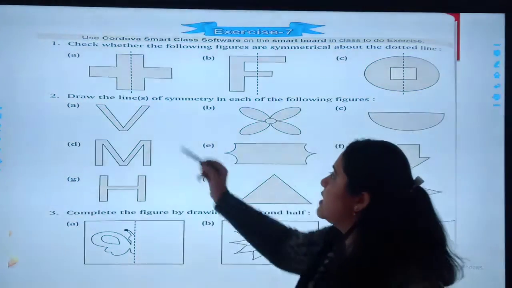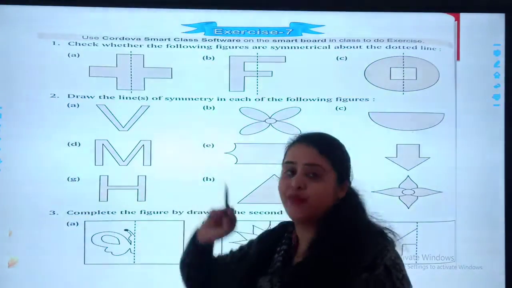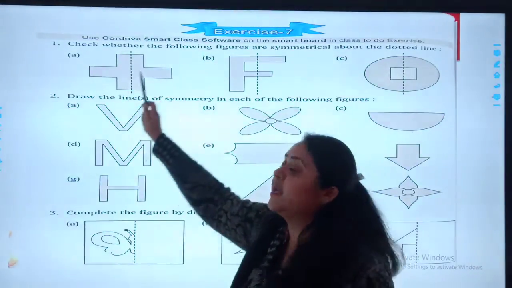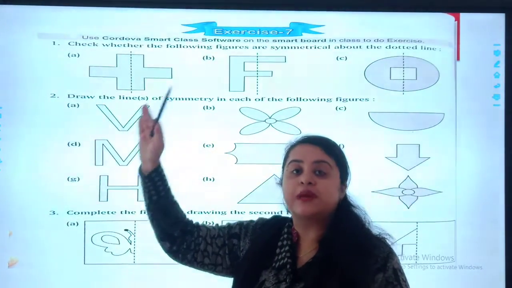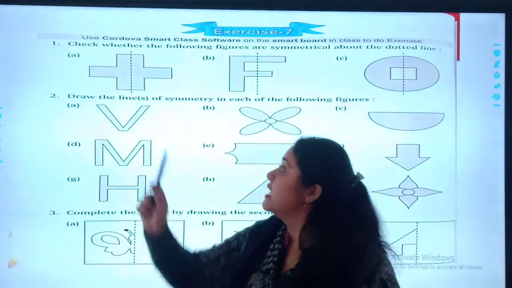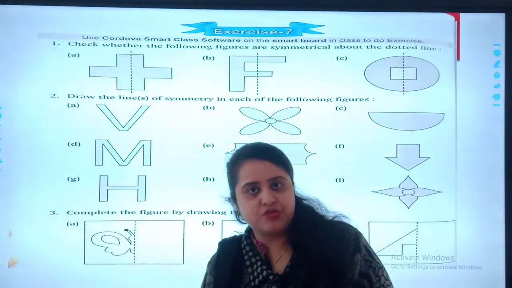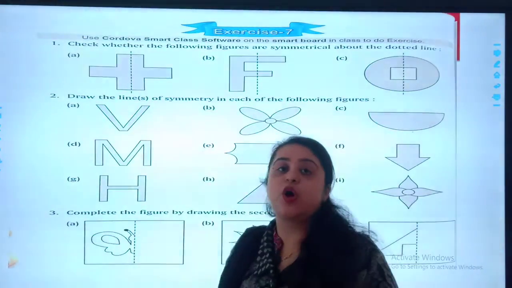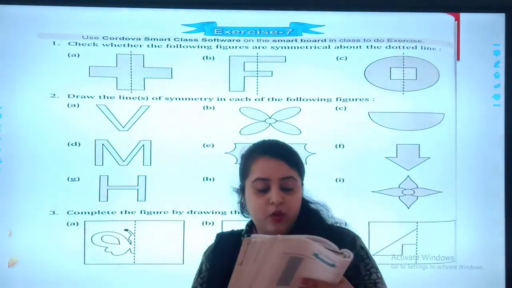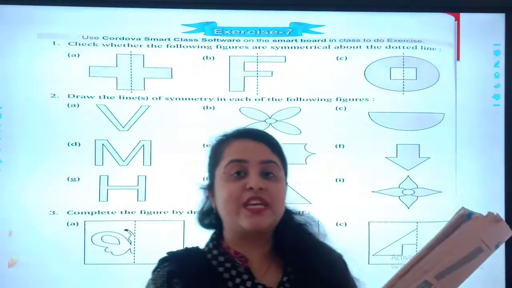Let's see this. See, this is the figure. When I divide this figure with the help of the line, this figure is equally divided. दोनों जगह जो इमेज होगी वो सेम होनी चाहिए. Then only I can say that this figure is symmetry. And this line is the line of symmetry. Now we will see the next topic, symmetries in